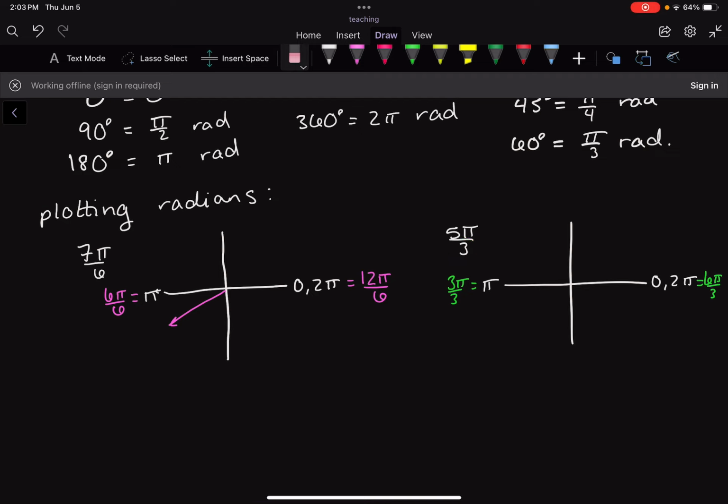And then I'm just using fraction conversion by multiplying by 3 over 3. So I have to decide, is 5 pi over 3 going to be closer to 3 pi over 3 or 6 pi over 3? It's actually going to be closer to 6 pi over 3, and it is less than,